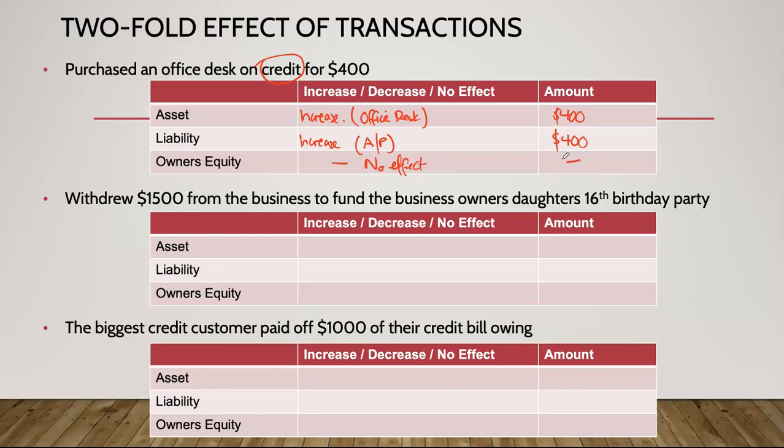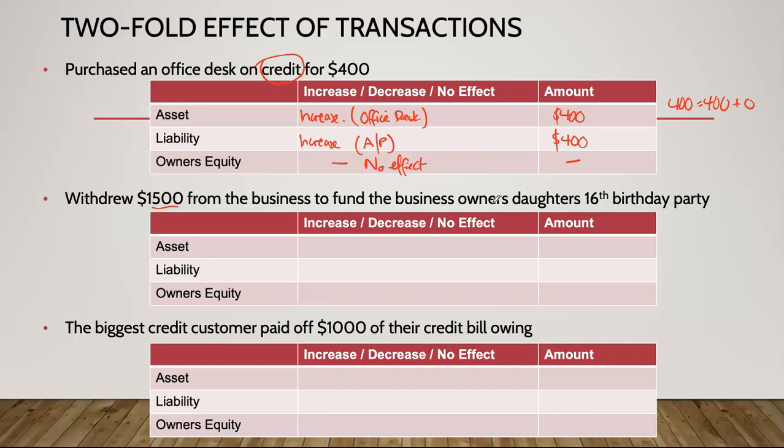My assets have gone up by $400 because I have a new desk, which I still owe the money for, so my liability has gone up. I have done double entry, which has resulted in my accounting equation balancing. What's happened? $400 of assets has resulted in my liabilities going up, no owner's equity change, and my accounting equation balances. In the second one, I withdraw $1,500 from the business to fund the business owner's daughter's 16th birthday